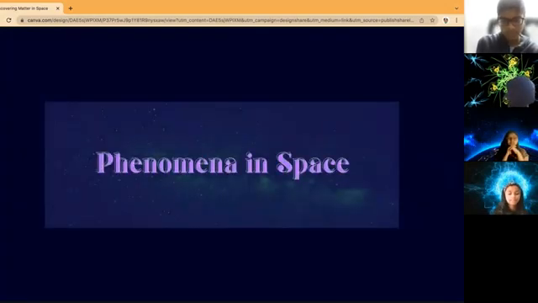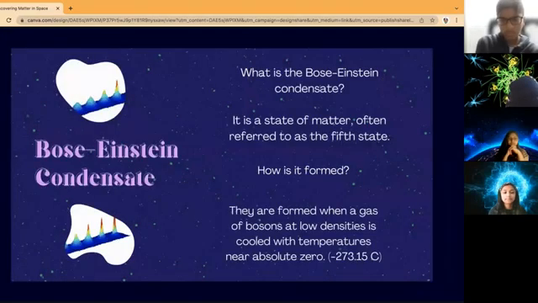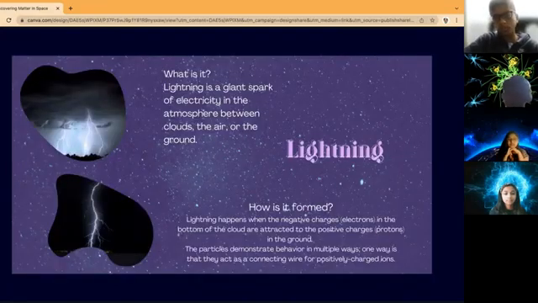Phenomena in space. What is the Bose-Einstein condensate? Well, it's a state of matter which is often referred to as the fifth state, and it's formed when a gas of bosons is at very low densities and is cooled to temperatures very near absolute zero, which is very, very cold. Next phenomena is lightning, and lightning is a huge streak of electricity in the atmosphere between